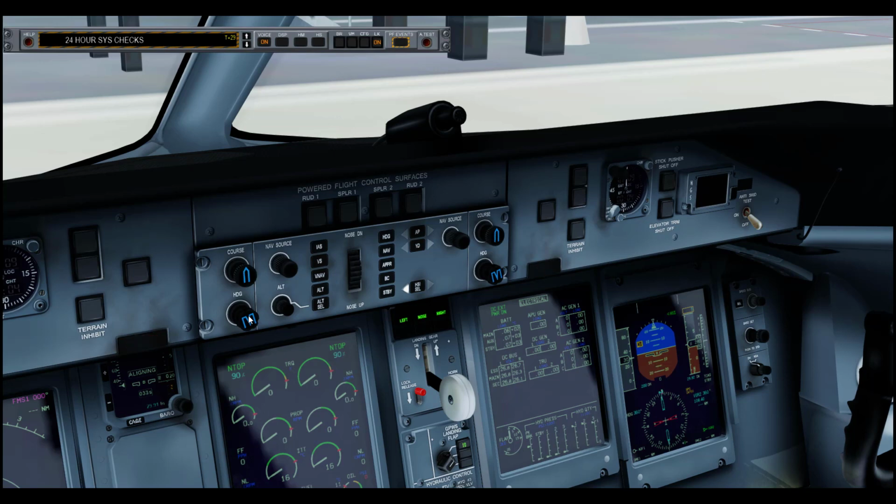24-hour system checklist, please. Engine fire detection. Complete. Complete. Did I get that wrong? Let's start again. Okay. Before start,